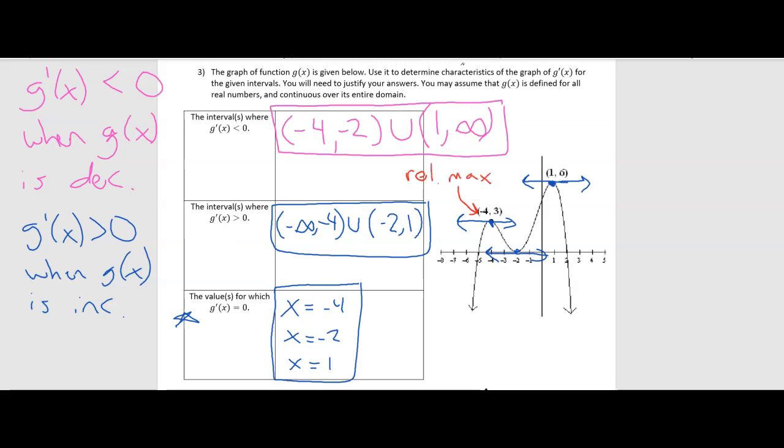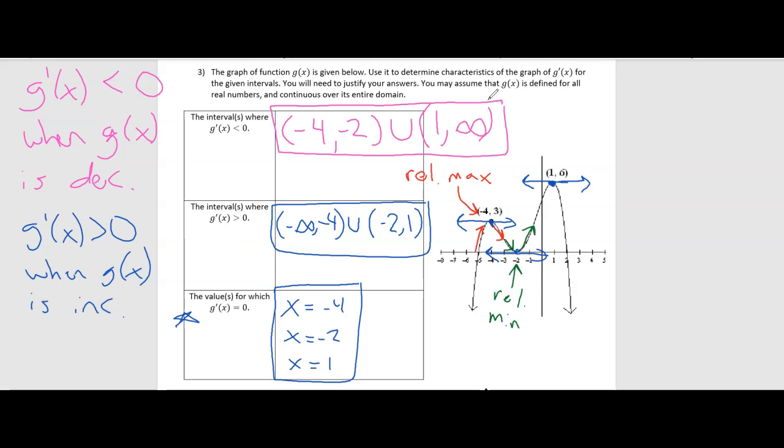Again, it's a relative max because the function is increasing and then decreasing. So it's coming up, and then it's coming down around that point. So that point at the top is a maximum point, not a minimum. Down here, we have a relative min because we're at the bottom. Relative minimum, we came down, and then we went up, so that point is the lowest point of that section